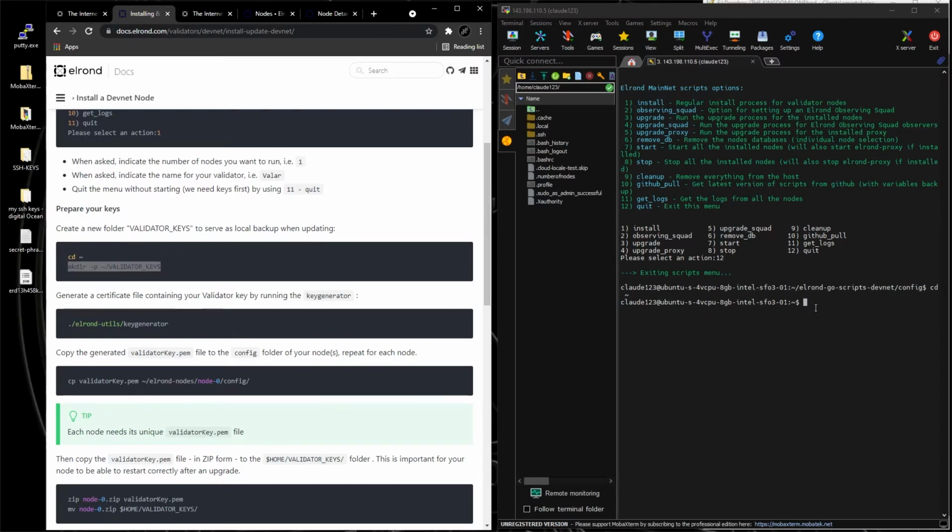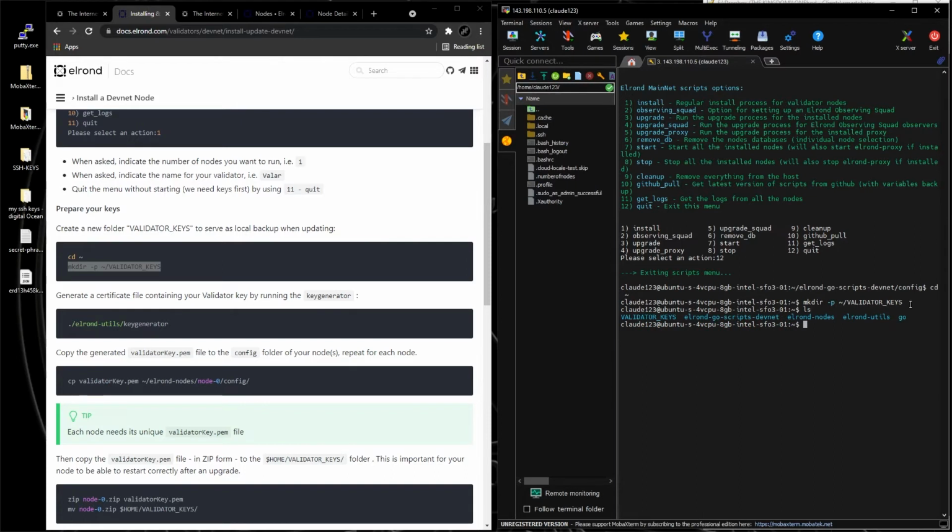So create a directory inside the main root folder of Cloud 123 called Validator Keys, capitalized, right? Just go enter and let's ls it and see what we got. See, after the installation, we don't only have the scripts we got from the GitHub, we got this folder and this folder and this folder, and now we just created this folder and you can see it here, right? So right now we have 4 folders in